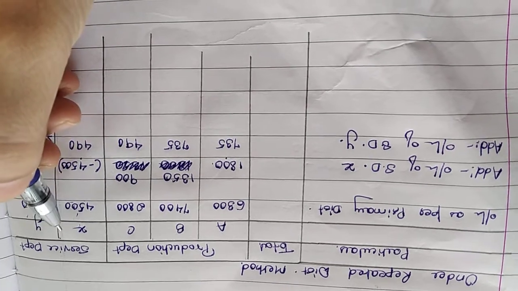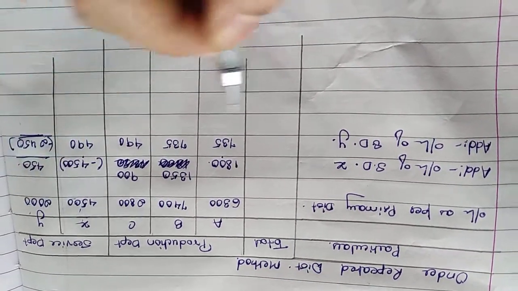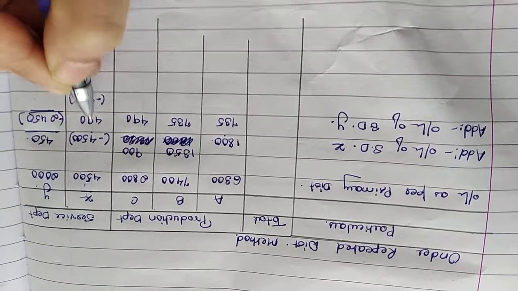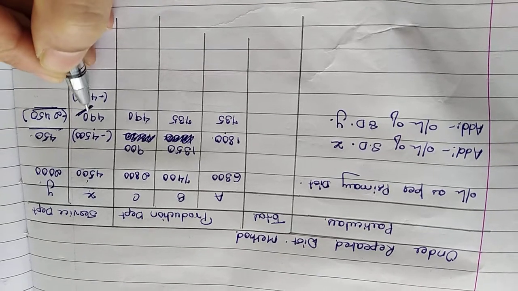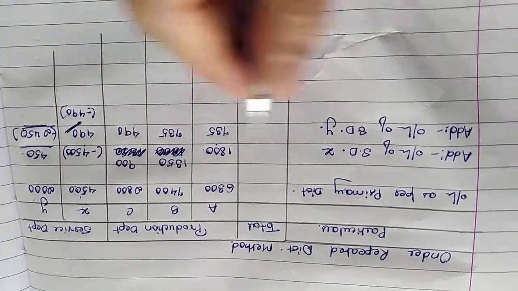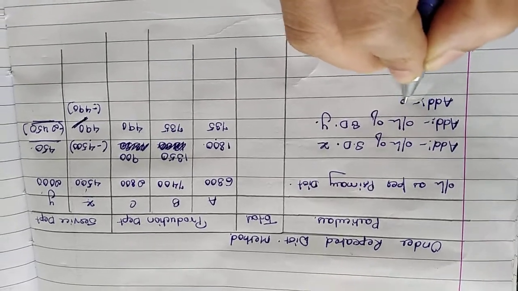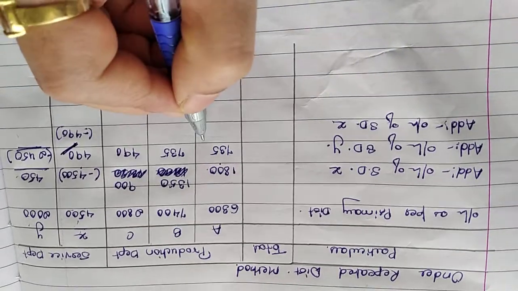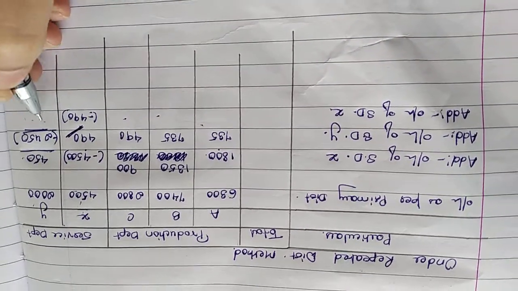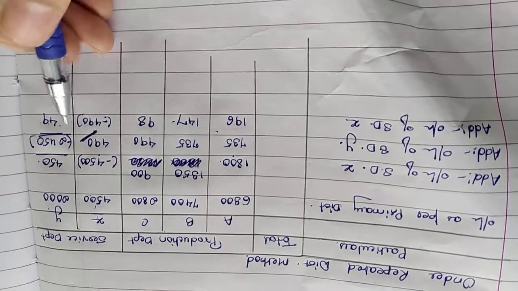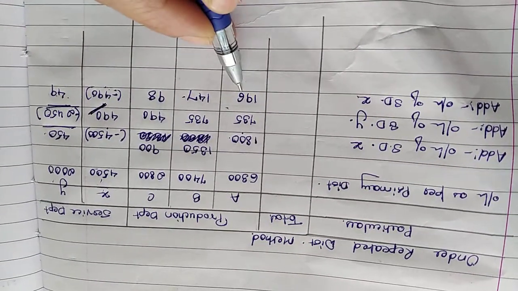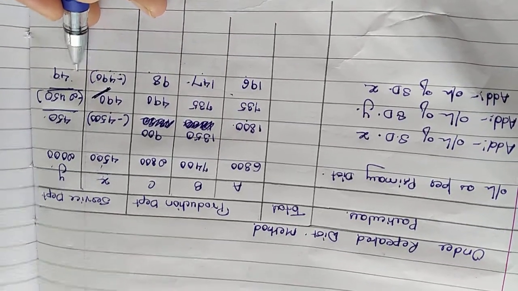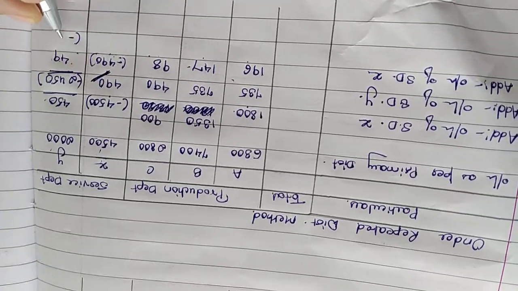Again we are supposed to apportion the cost of X to all the other departments in the same percentage. So I will write here minus 490. Why? Because this is the amount of X, right? This is what we are supposed to apportion now, 490 in the same percentage as above. So add overhead of service department X in the same percentage of 40, 30, 20 and 10. After calculating, I have got 40% of 490 as 196, 30% as 147, 20% as 98 and 10% as 49. Now I will write here for Y minus 49.